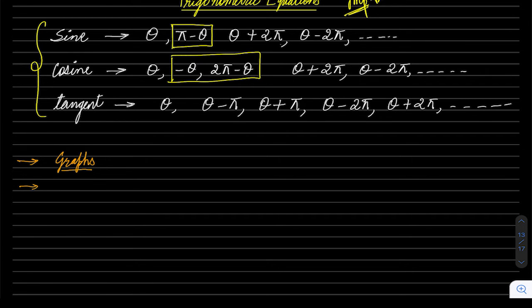We will draw the graph and then we will see the symmetry, number of solutions, this and that, a lot of things. Second is the circular method, in which we draw a circle and then we see which angle is the same, which quadrant is positive, in which quadrant tangent is positive, this and that. So that's the second method. You might learn one of these 2 methods.